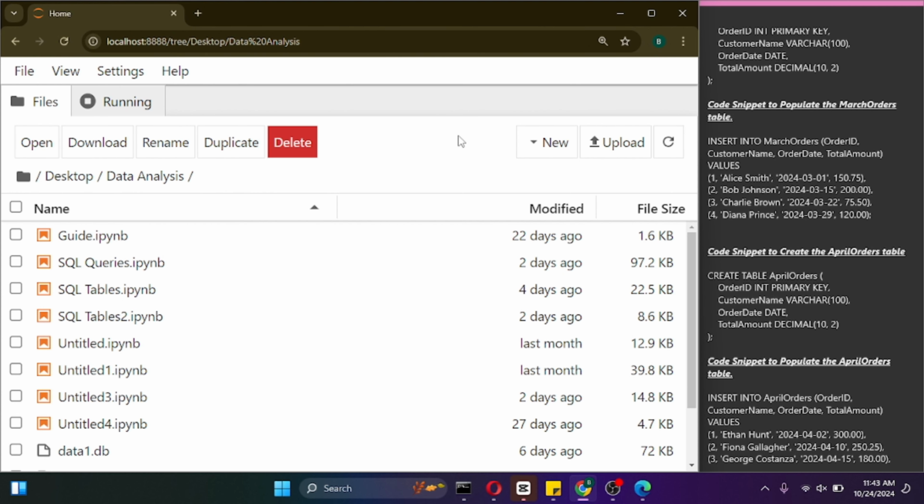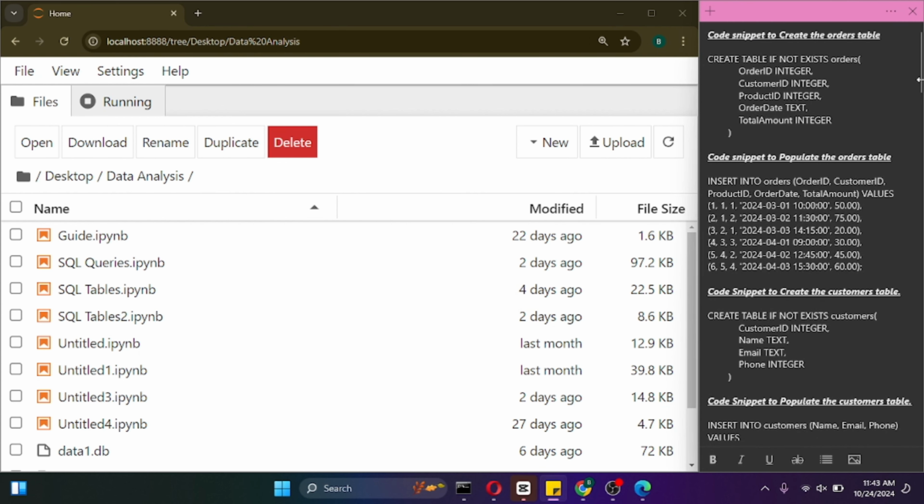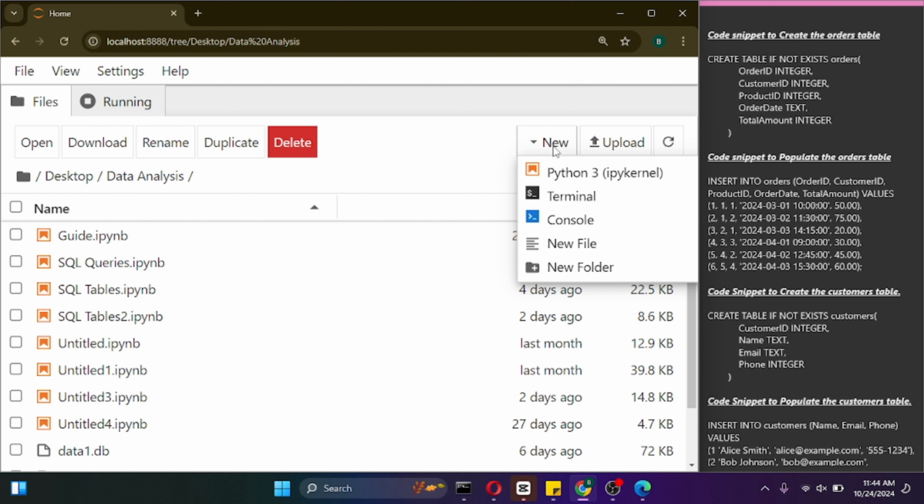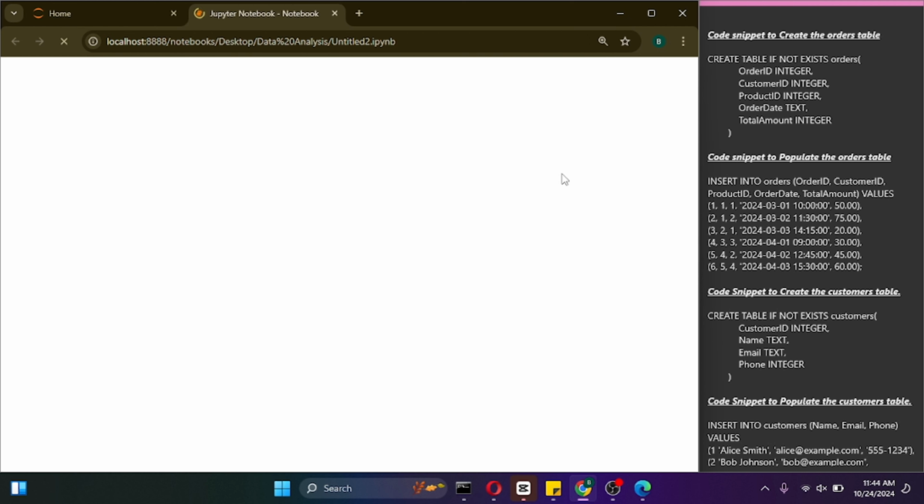I have it opened already, but in case you would want to open yours, just type Jupyter Notebook in your command prompt and wait for it to open. So at the right side of my screen, I have the code snippets for all 11 tables we are going to be creating today, and the code snippets to populate all those tables. I would want us to create a new file, a new Python 3 kernel to handle just this lesson. So right here we click on new and Python 3 kernel,